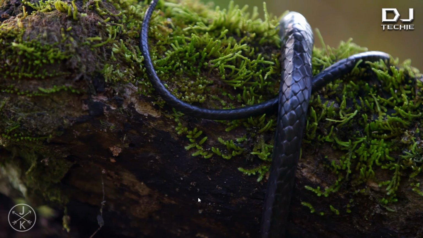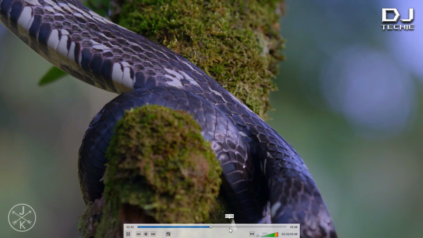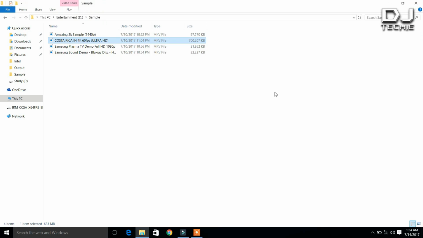There is so much lag on the screen. So 4K video is not going to be supported on this laptop.